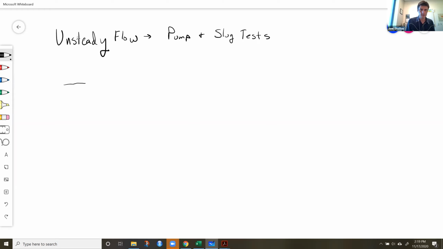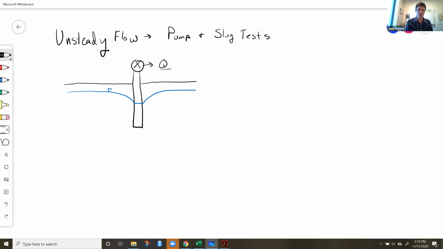And so if we've got, here's the ground, here's a well, got groundwater table in there, got a cone of depression, and that well's been pumping for days and days and days at a certain steady discharge rate. The groundwater has had time to adjust and equilibrate, and so it's not changing. The elevation of this groundwater isn't changing over time. So that's steady flow. So unsteady flow is the opposite of that.